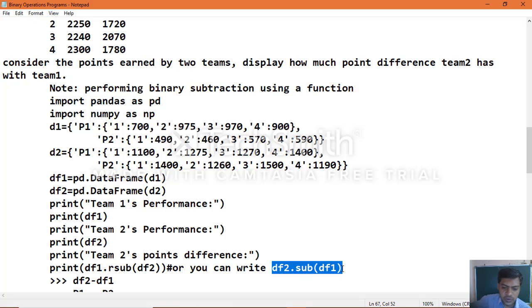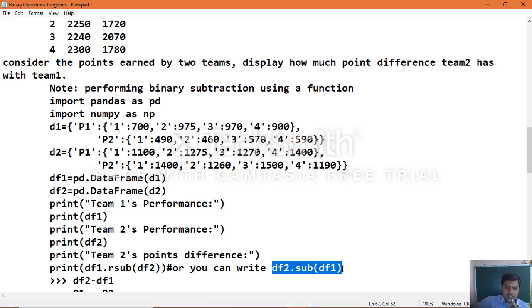Data frame object 2 contains the maximum values, and data frame object 1 contains lower values. That is the reason we are subtracting small values from big values, so that you will get the positive values, otherwise you will get negative values.